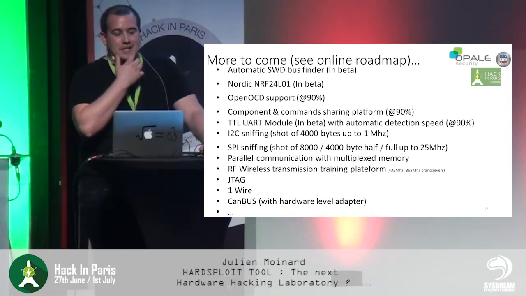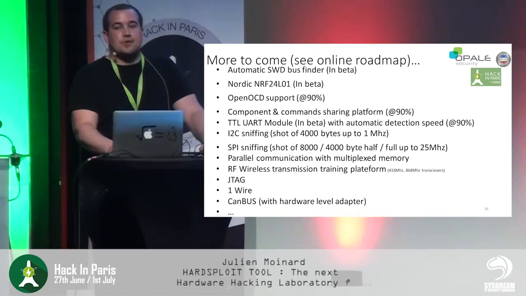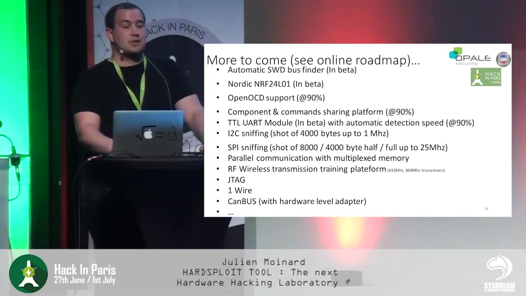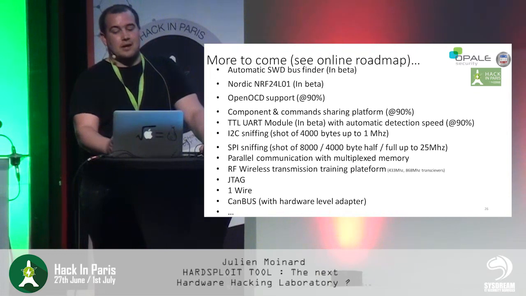Of course, we have TTL UART, which is a very common module in VHDL. Trust me, it's not an issue with VHDL to do that. It works perfectly, but I have not finished the automatic speed detection. So it's for that I explain just 90%. But in fact, it works perfectly, of course. And I want to add I2C and SPI sniffer, but I'm very late on this